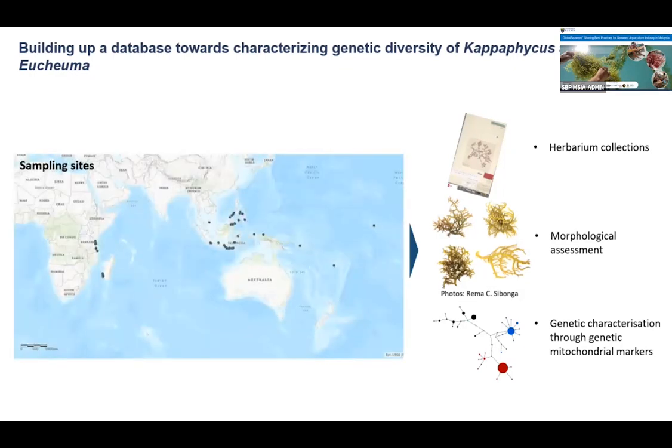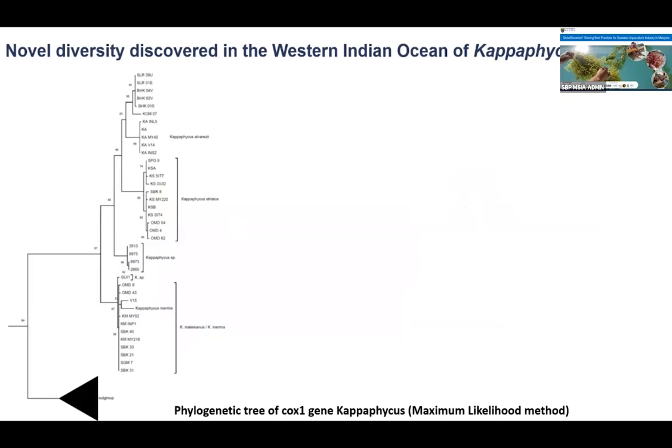As a result, we were able to sample in more than 83 sites for farms and 23 sites for wild populations, covering densely the Western Coral Triangle, the Western Indian Ocean, but also several islands in the Central Pacific. I will focus next on presenting some of the results with a specific focus on the Western Indian Ocean. First, I will illustrate an example where we discovered previously undescribed diversity that we have encountered in Madagascar and Tanzania.